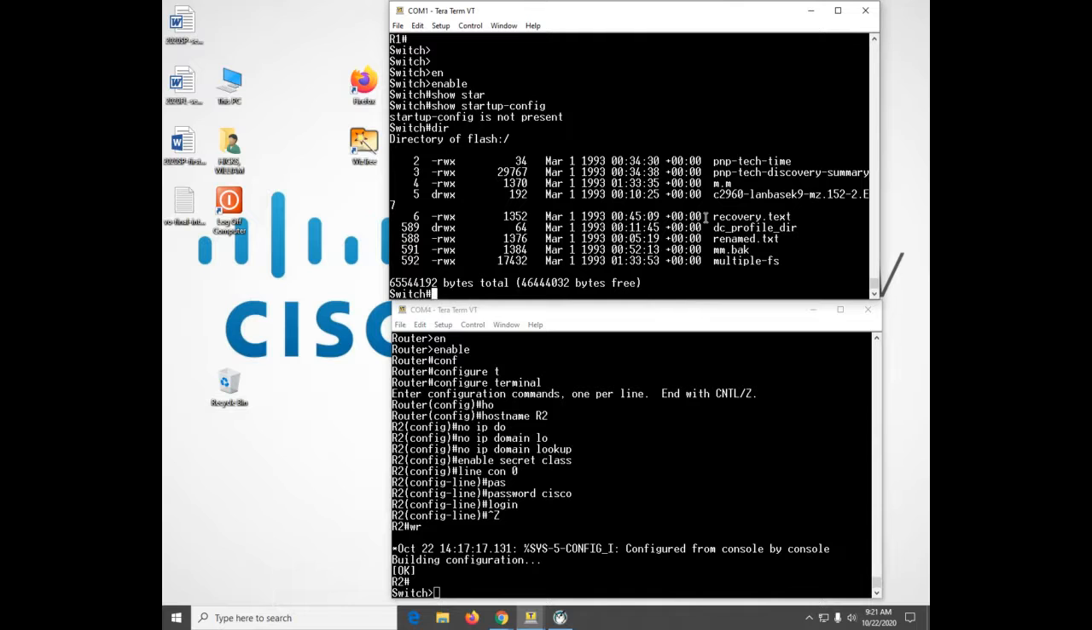no file there labeled vlan.dat. Otherwise, pre-existing configurations with the VLANs could mess up your configuration. Okay, so this switch looks clean,